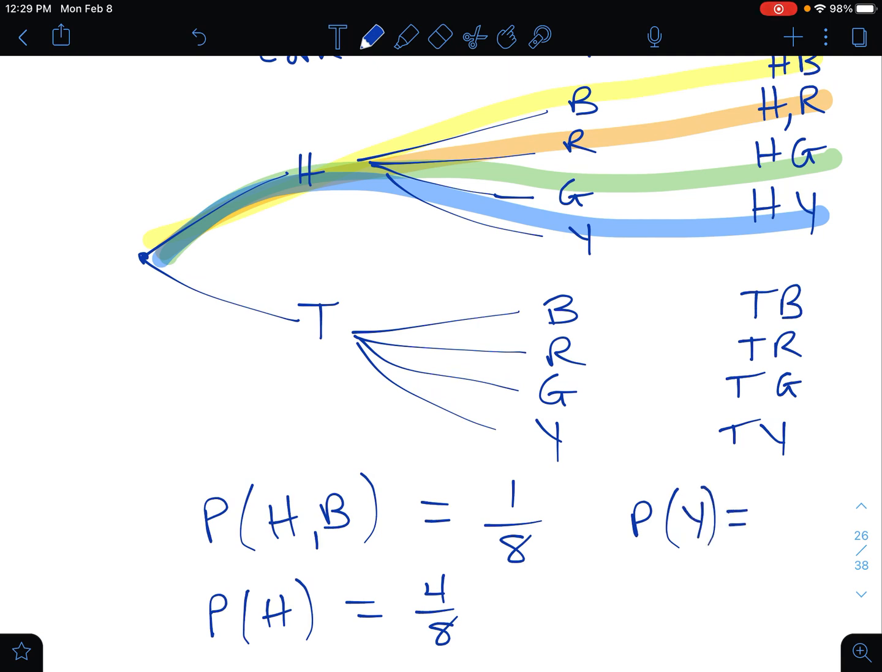Well, that happens again. There's 1 color out of the 4, which would be 1 out of 4, or 2 out of 8, because it happened 2 outcomes out of possible 8 total. So that's the same thing as 1/4. You could also say, what's the probability of getting